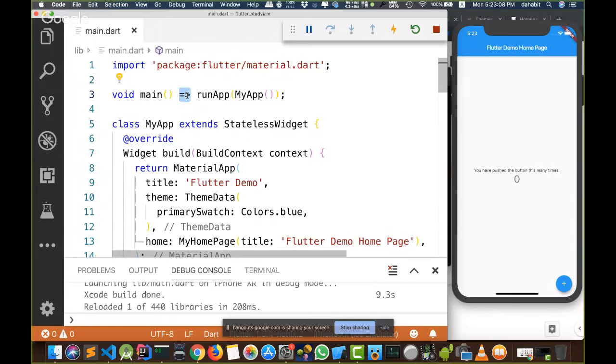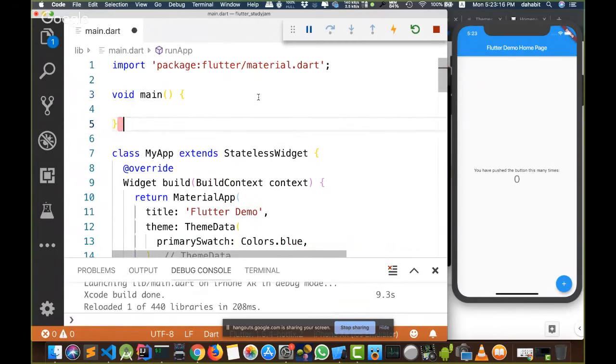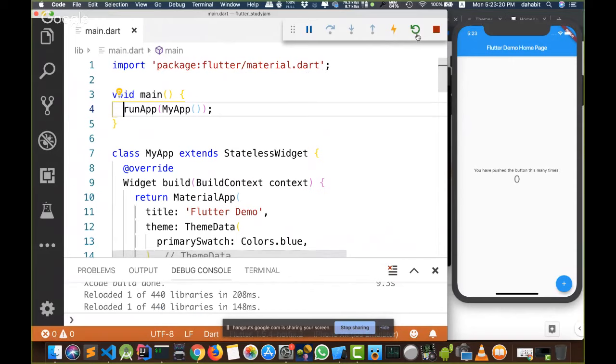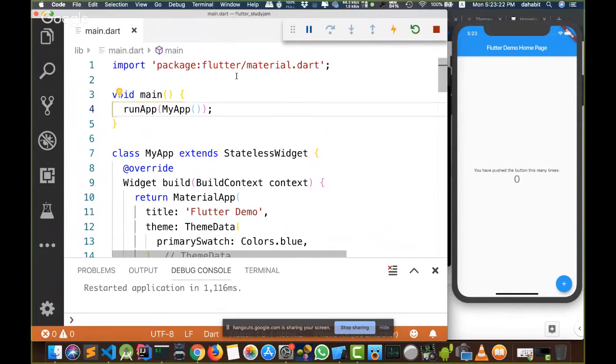This is a new type of way. If you are returning only one line of code, you can use this arrow function. If you prefer to use the old way, you can write it this way, and it will run without any problem. If we check Flutter, Flutter is library based.